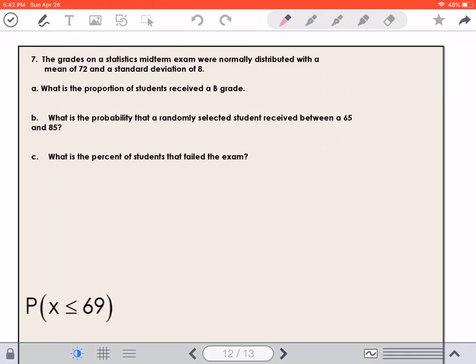Okay, so let's look at that. So you'll notice here I did not include a screenshot of keystrokes. So I want you to try it on your own. So what we see here is we want to know what is the proportion of students who received a B grade. So what does that mean, right? The proportion of students who received a B grade. Well, what is a B grade? A B grade is limited between